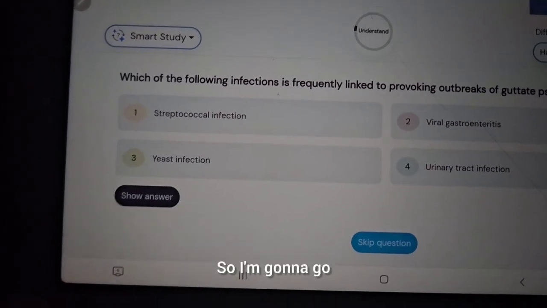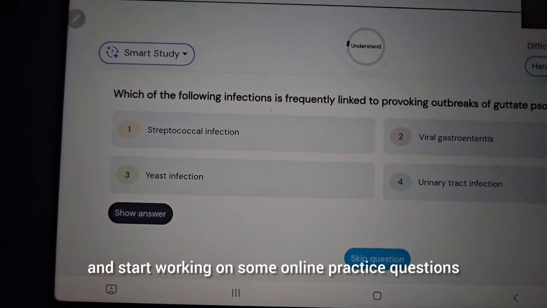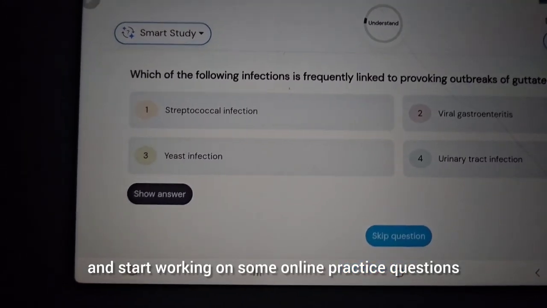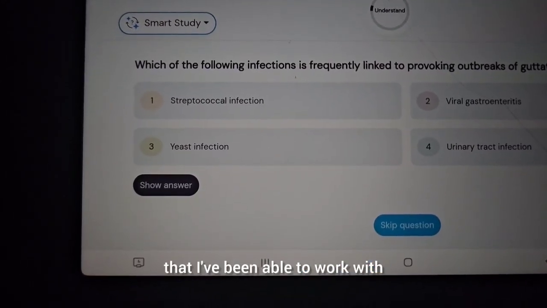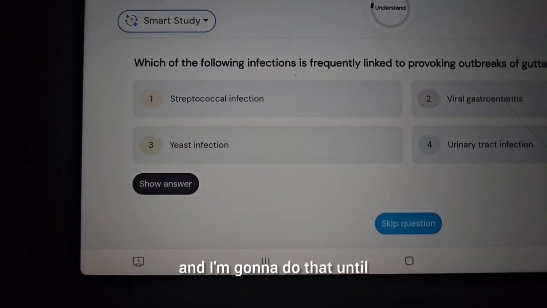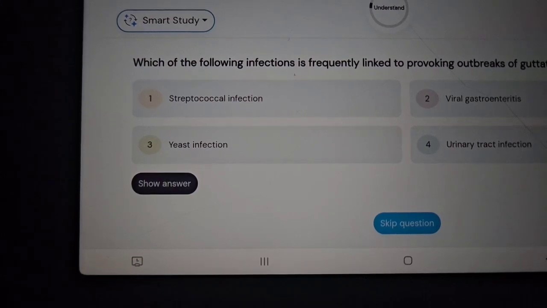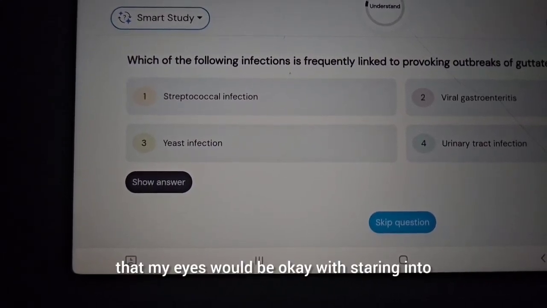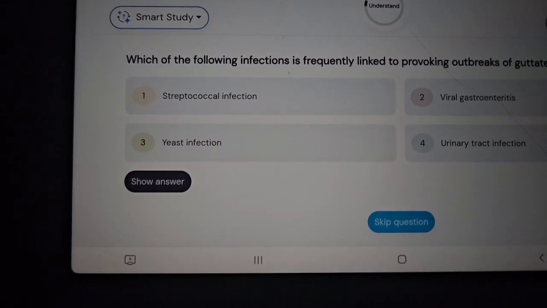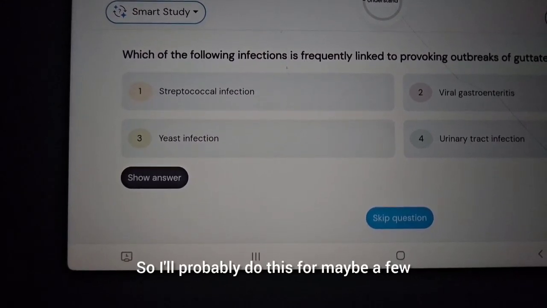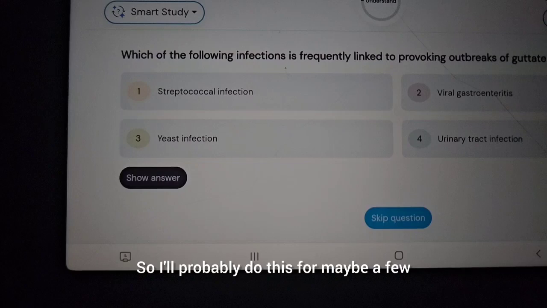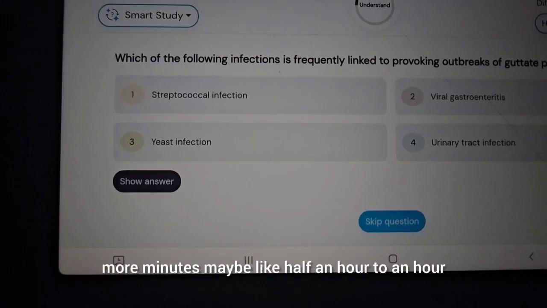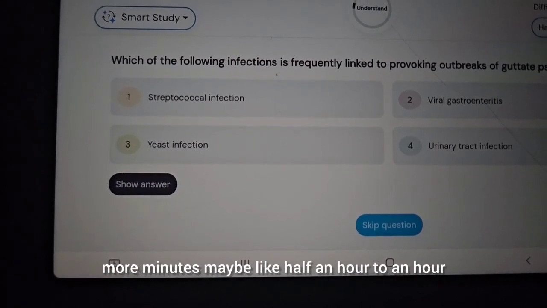So I'm gonna start working on some online practice questions, and I'm gonna do that until it's around time that my eyes would be okay with staring into the bright lights again. So I'll probably do this for maybe half an hour to an hour,